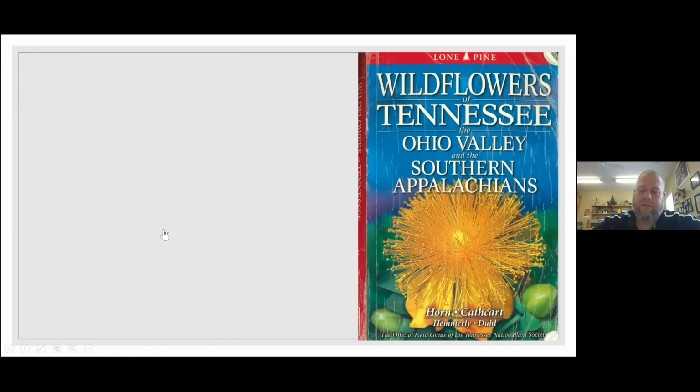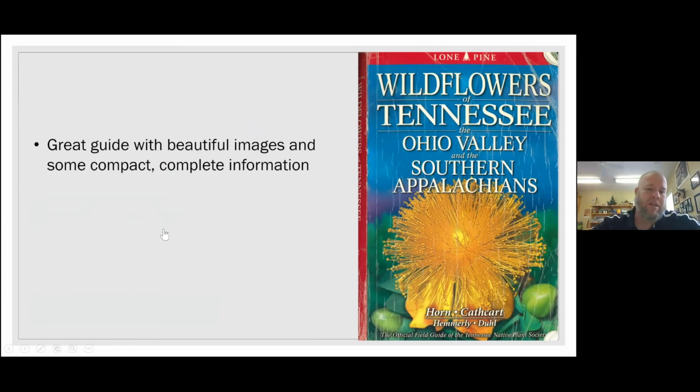This is by far my favorite. The Wildflowers of Tennessee, Ohio Valley, and Southern Appalachians. This is a fantastic book. Great guide, beautiful images. It's not terribly durable, or at least it hasn't been terribly durable for me. But that's probably because I'm generally rough on things, and so this is a really great book. A lot of great images in it. A lot of really good